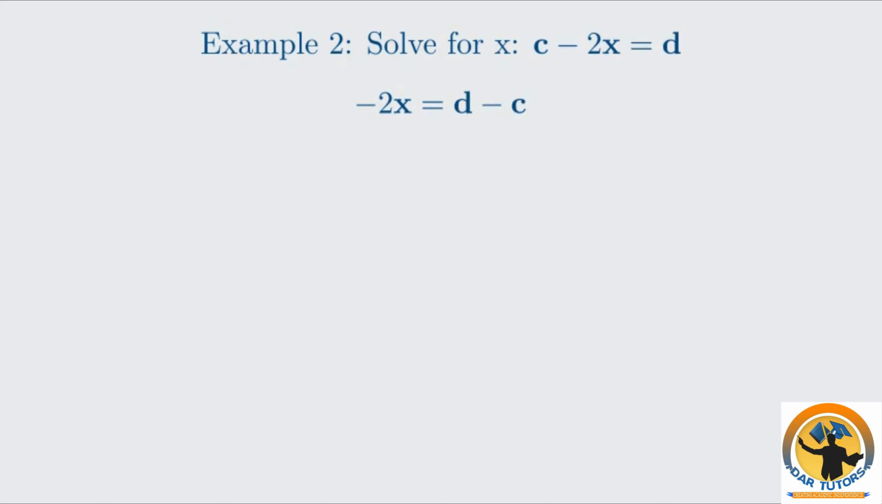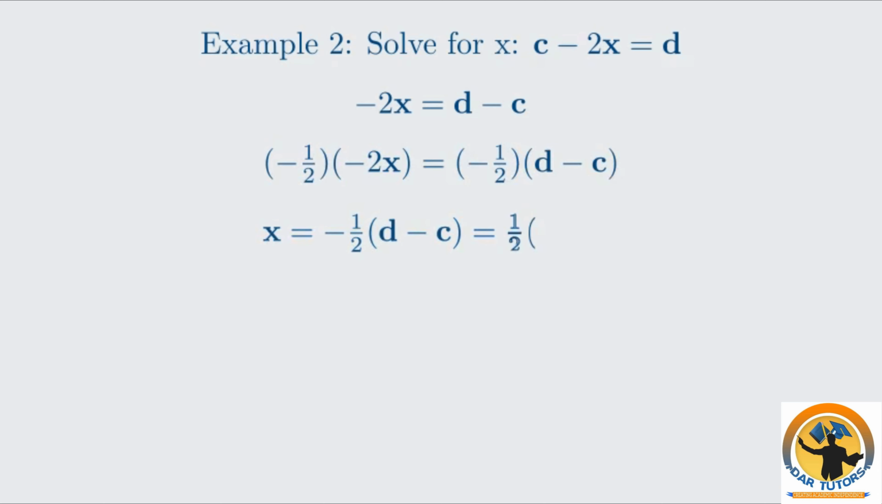Let's try another one. This time, let's solve c minus 2x equals d for x. Again, we want to isolate x. Let's start by moving the vector c to the right side by subtracting it from both sides. This gives us negative 2x equals d minus c. Now we have negative 2 times x. To solve for x, we multiply by the reciprocal of negative 2, which is negative 1/2. Multiplying both sides by negative 1/2 gives us x equals negative 1/2 times the quantity d minus c. We can also distribute the negative sign to write this as x equals 1/2 times the quantity c minus d. Both forms are